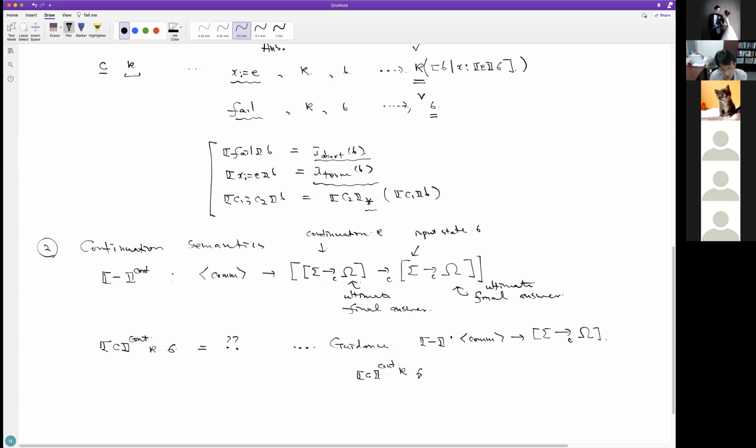And if C gets a final result, we have to run kappa. And if we express this directly using the direct semantics, the previous semantics that we covered, that corresponds to this. We run command C under sigma, and then we run this kappa lifted, with the star. So this is the relationship.